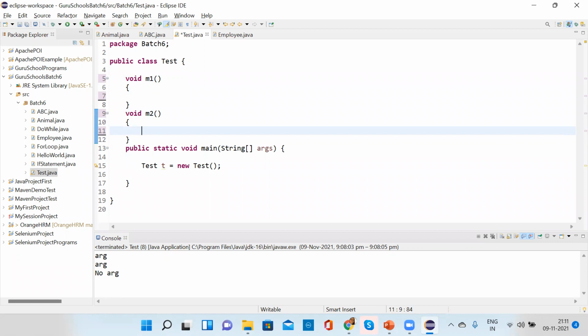Inside that method, I'm passing the argument as Test t.